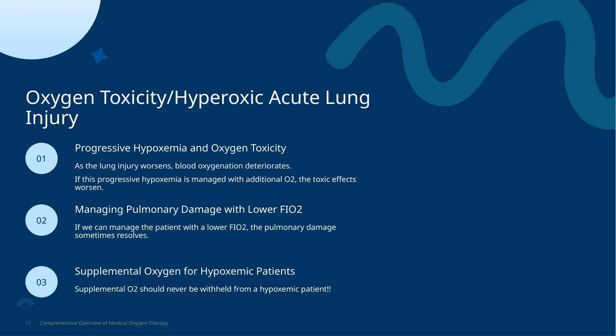But things can get complicated when hypoxemia worsens. As lung injury progresses, blood oxygen levels tend to drop even more, leading to progressive hypoxemia. If in response, we try to correct this by increasing supplemental oxygen, we risk exacerbating oxygen toxicity. So, while oxygen therapy is essential, we must be cautious to avoid worsening lung damage through excessive oxygen administration. This highlights the importance of careful management, balancing the need to correct hypoxemia with the goal of preventing additional pulmonary